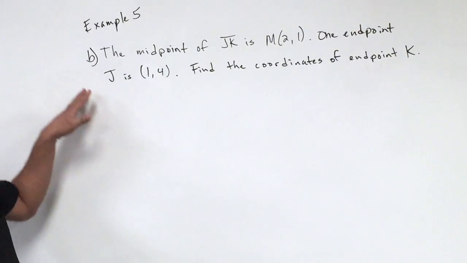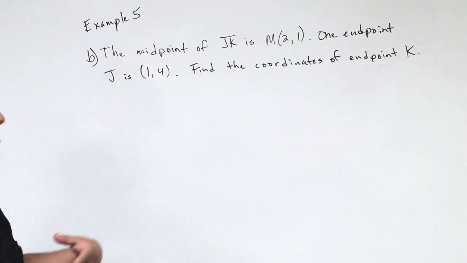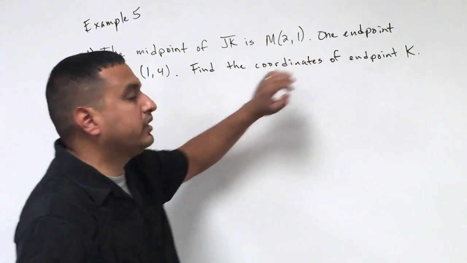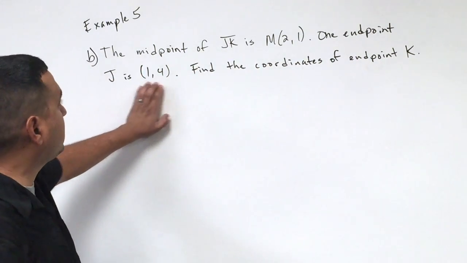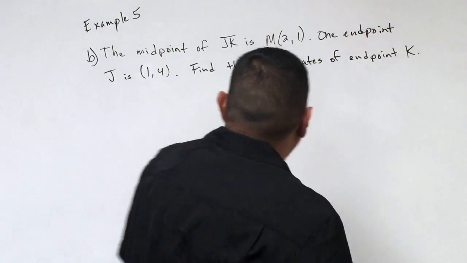For example 5b, what we have to do now is they give us the midpoint. We have to find one of the missing endpoints. They gave us the midpoint is at (2, 1). One of the endpoints, in this case they gave us J, is at (1, 4). They want us to find the other endpoint K. All right, so